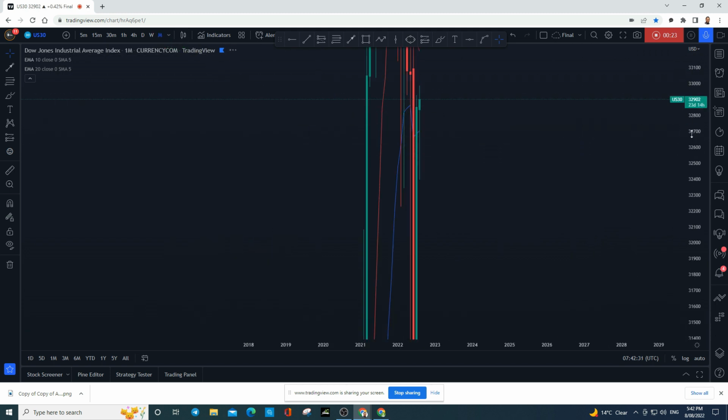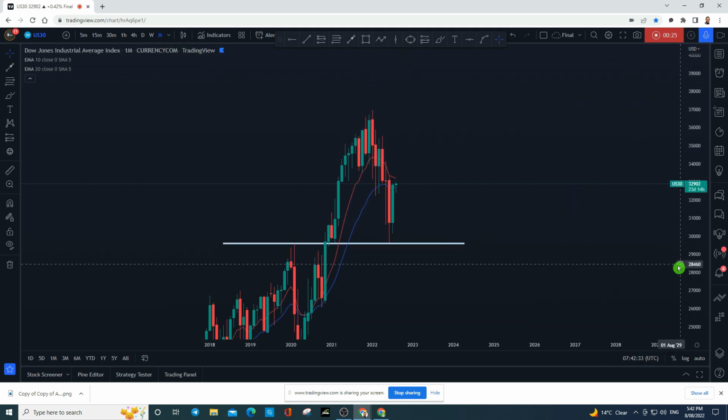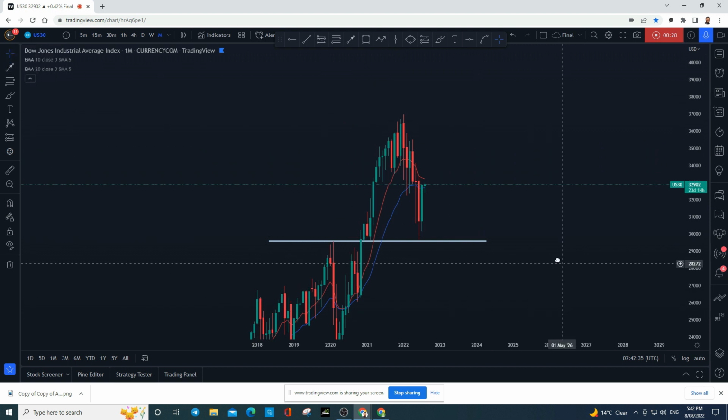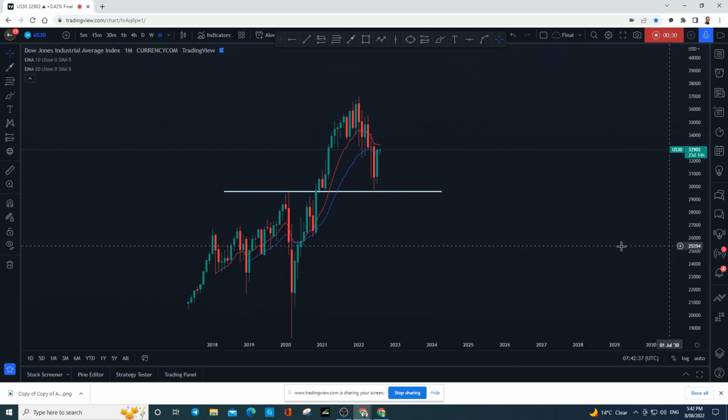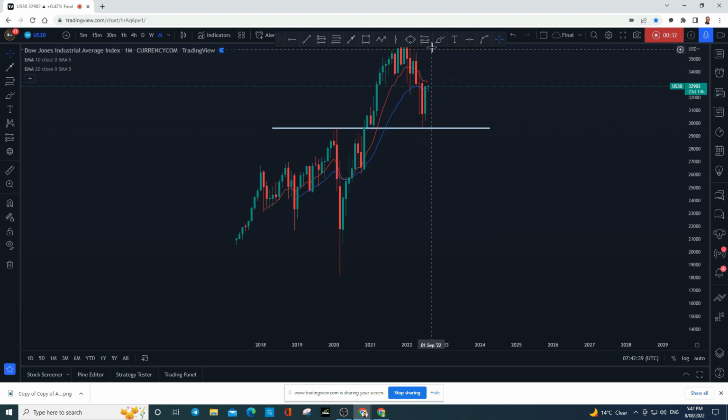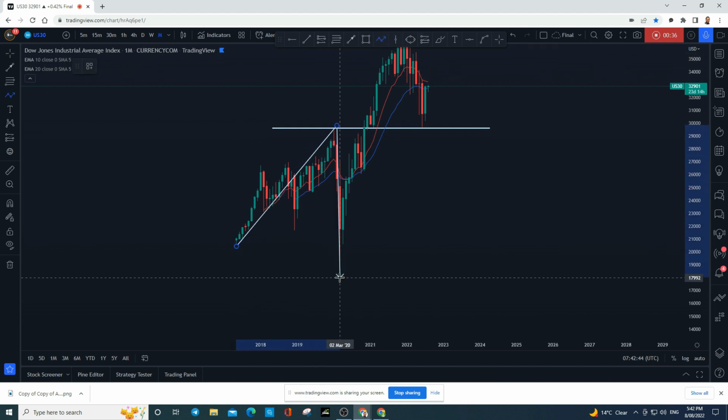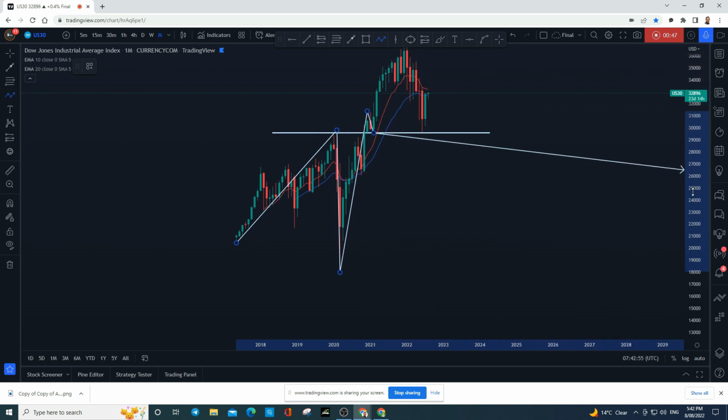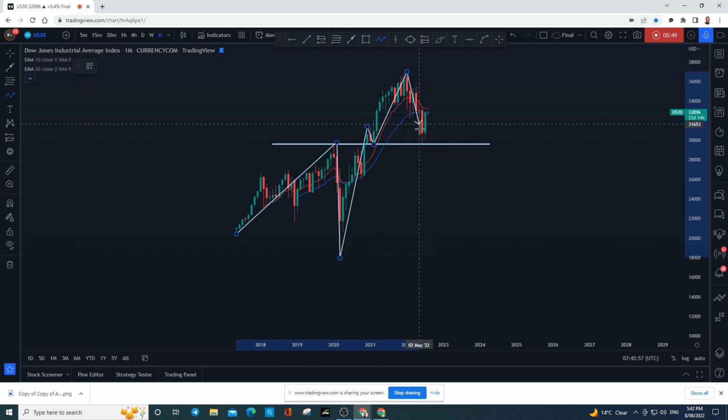Now, starting with the monthly time frame, what you see is that the overall monthly market structure for US30 is bullish. If you start from here, there is a strong move followed by this correction. It's a deep correction during the pandemic time, and then the price went to this zone, broke out of this zone, tested with this red candle, and then we have seen US30 create this high, come back